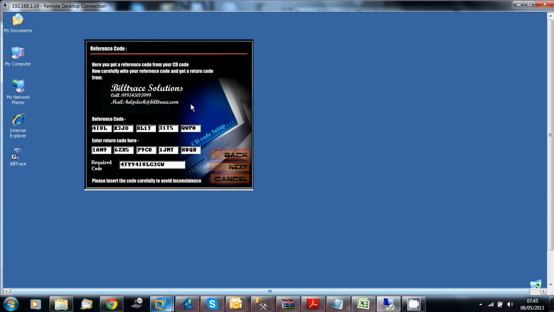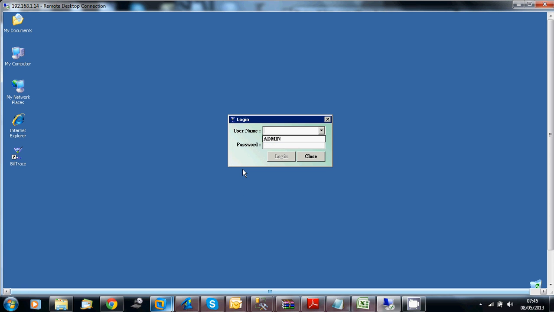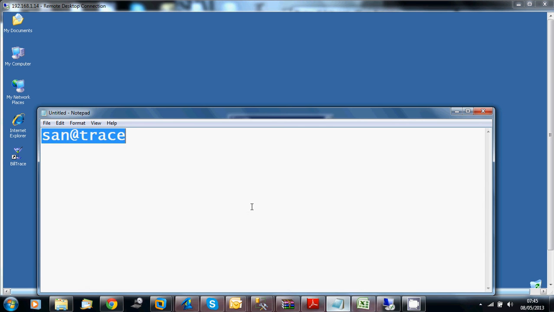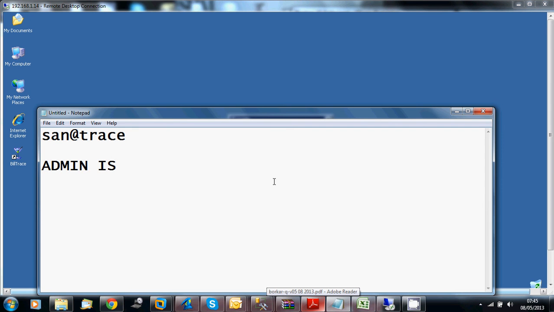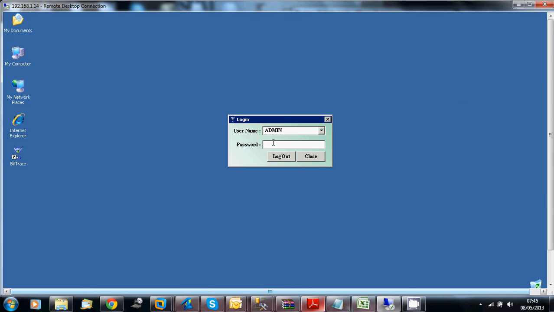Now press next. This is the first time, a fresh installation. If it is a fresh installation, it will show the user admin, and the admin password is san@2004. This is the password. It is a fixed password for the admin.